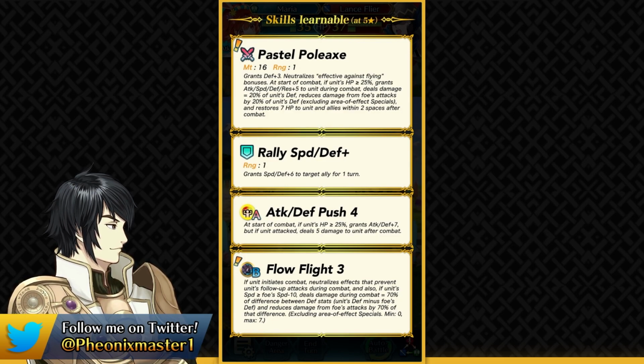And finally, she can restore 7 HP to herself and allies within 2 spaces after combat. So definitely a pretty nice weapon, providing her with a bunch of stats and also self-healing, the Iote Shield present in it, and of course the extra damage and the damage reduction. She also has Rally Speed Defense Plus, Attack Defense Push 4, and then we have a new skill that is